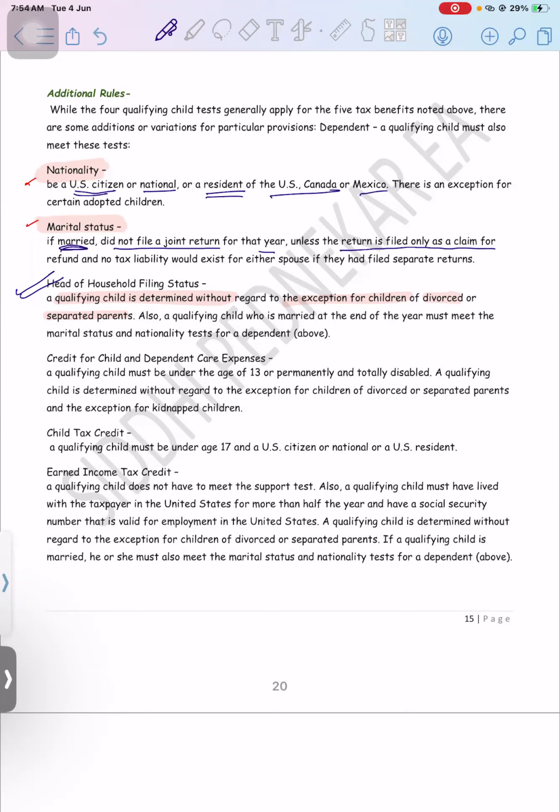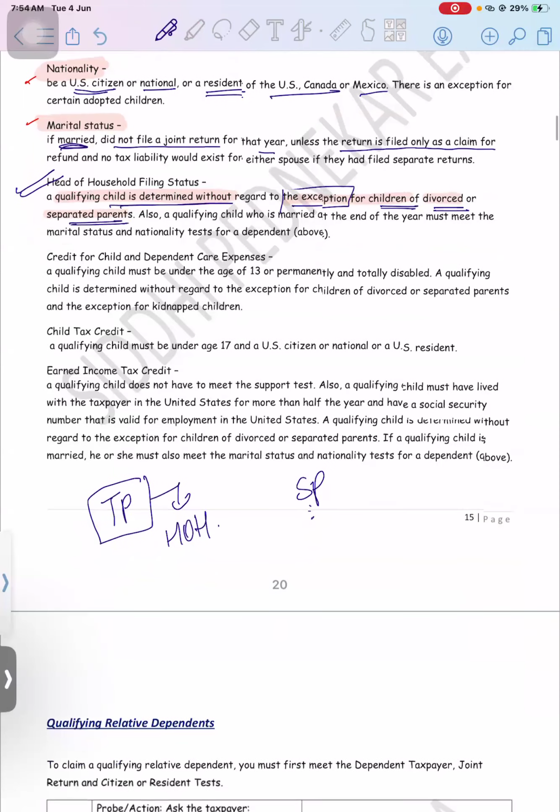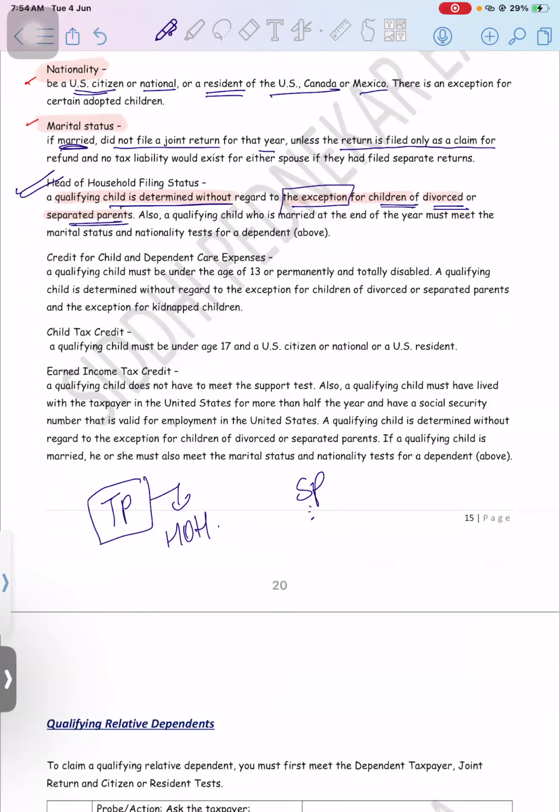You need to consider this if you are looking at the taxpayer's filing status as HOH. Even if the person is living with the spouse, that is fine, but all the rest of the conditions should be satisfied. So even if in the case of HOH there is a separation, you need to ignore that and calculate the